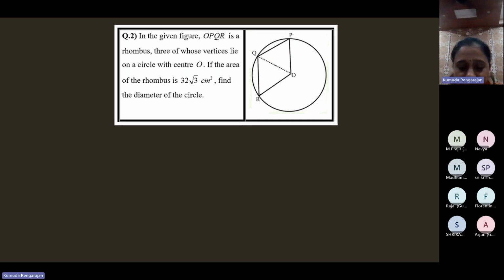Ma'am, can we use the formula to find the area of the rhombus as half into d1 into d2? Yes. If you use that, we'll directly get the diameter. No, diameter you cannot get. If you use it directly, you will get the